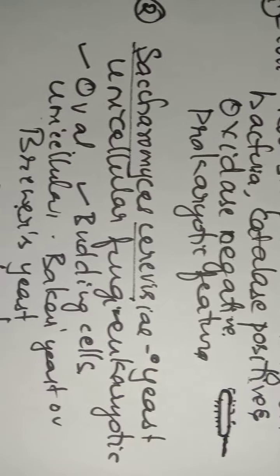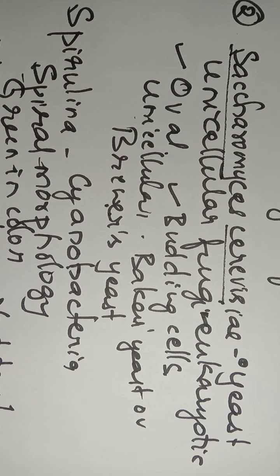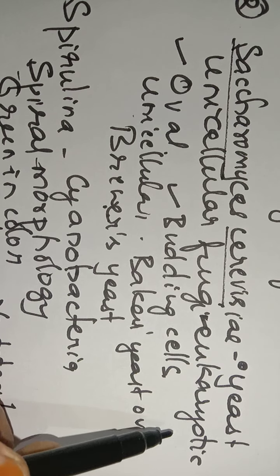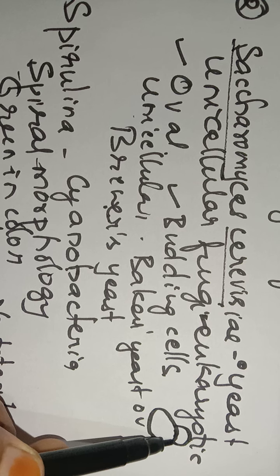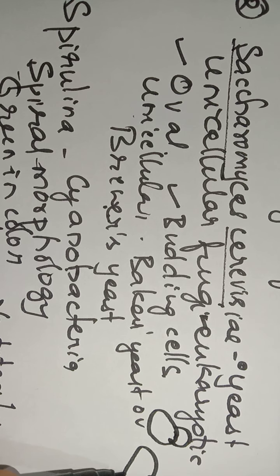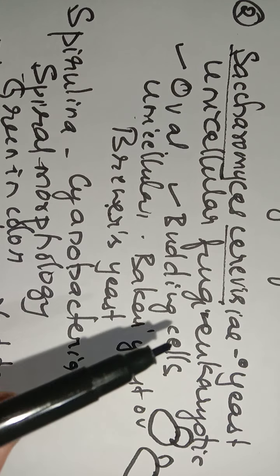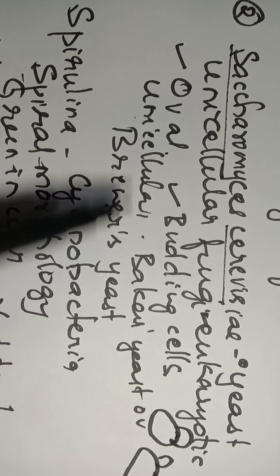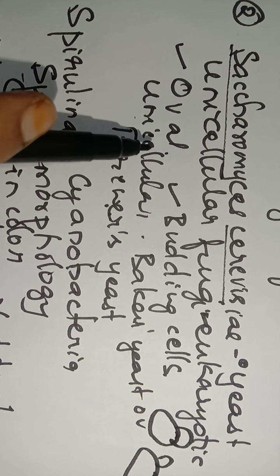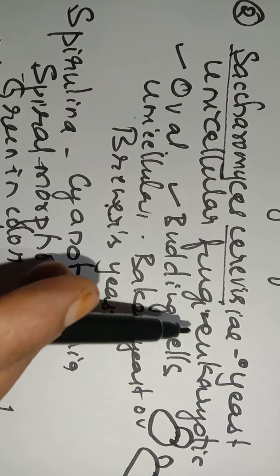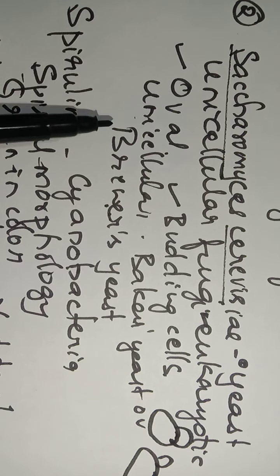Okay, second important organism that will be asked will be the Saccharomyces cerevisiae or the baker's yeast, and you can identify it because of its oval shape as well as the budding. So you can see here the oval shape, and if you see a bud, you can tell that this is Saccharomyces cerevisiae or yeast cells. It is characterized by the oval cell morphology, budding cells, and it is unicellular in nature. It's a fungi, and because of that it is having the eukaryotic features. It is also known as baker's yeast or brewer's yeast.